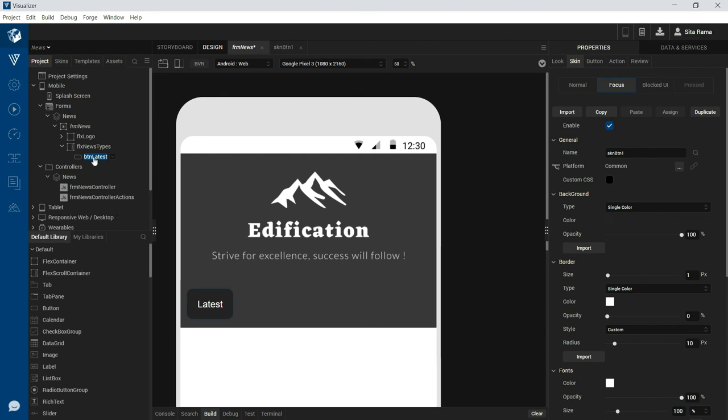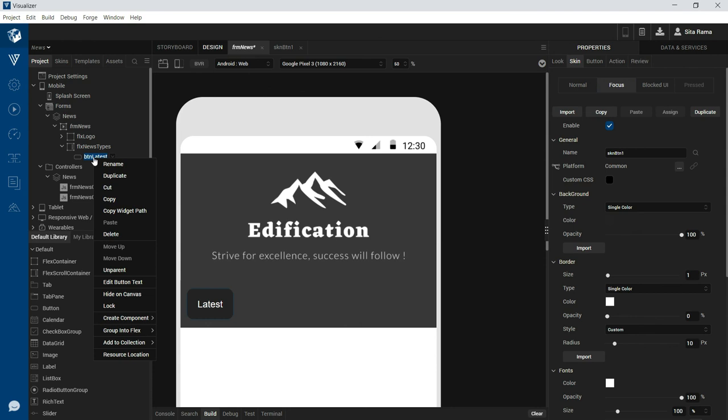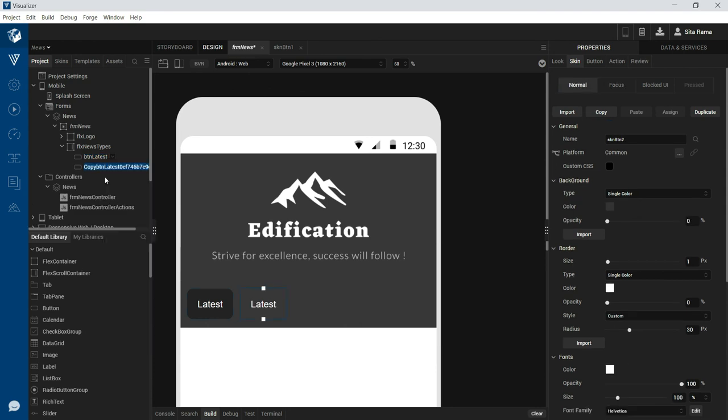So now that we have created this button, we can simply duplicate and create the rest of the buttons that we want to have for supporting the various news types inside our application.